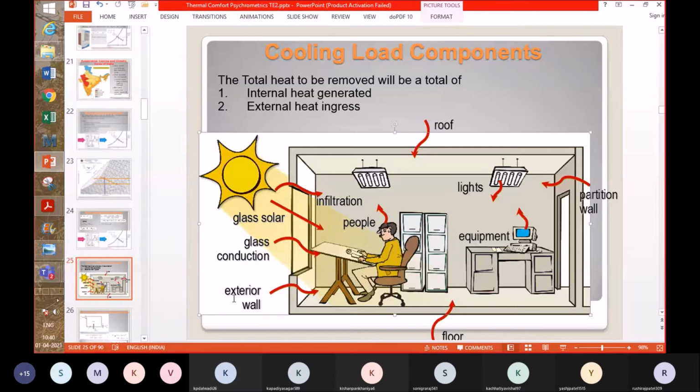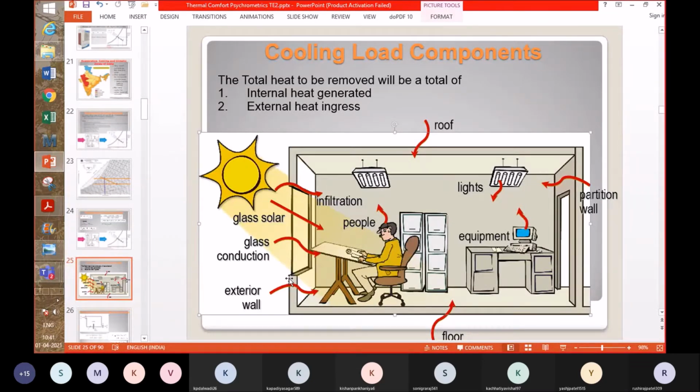Let's say the outside condition is 40 degrees Celsius. So that temperature is much higher than your room temperature, let's say 27 degrees Celsius. The exterior wall surface temperature, of course, will not be exactly equal to 40 degrees Celsius, because there is some direct solar radiation also striking the wall and it is directly absorbing that also. So it will be higher than 40 degrees Celsius if the atmosphere temperature is 40 degrees Celsius. But how much higher depends upon many different things, whether the wall is directly exposed to sun or not. That is an important criterion.